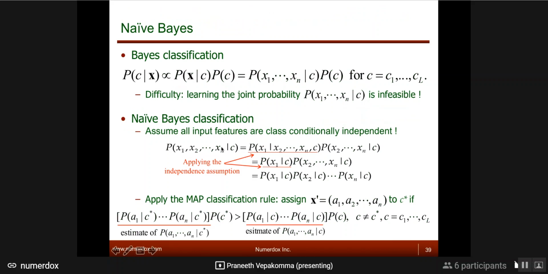So here, instead of x given c, you have x1 up to xn given c that you need to compute in the end to get the probability of c given x, right? Because c given x is proportional to this times this divided by p of x, and the p of x denominator does not depend on the class. So now this is equal to the joint probability, because you're measuring x as not one variable but many variables, given c, times the prior probability. You want to compute that, but it's very infeasible, very hard to compute.